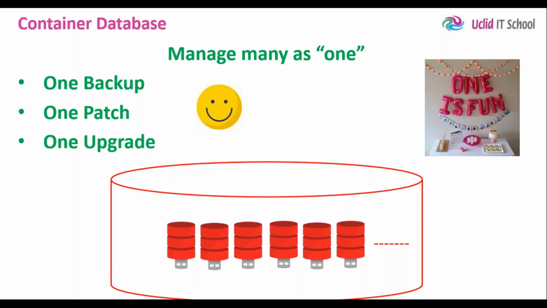Similarly, you use the same approach for upgrading also. Suppose now I have 6 PDBs in this container database, and I want to upgrade, but the other 5 PDBs' owners are not accepting. They have some critical work going on. They don't want to upgrade their databases now. But one guy is crying for an upgrade. They want to upgrade to take advantage of new features. So immediately I must upgrade one PDB, but not the other PDBs. So what is the approach? You create another container database, move this PDB to the other container database, and upgrade that.